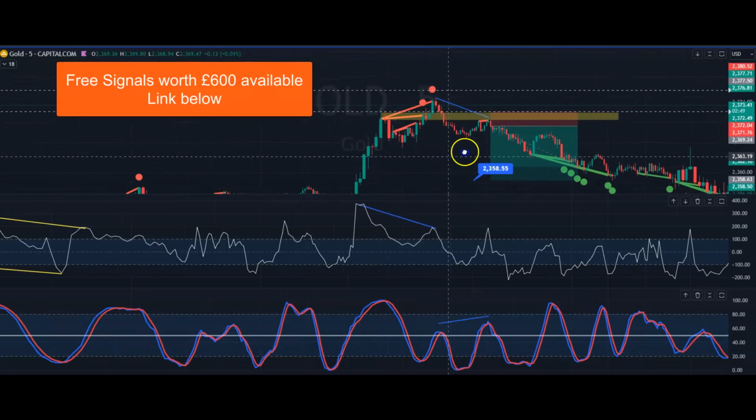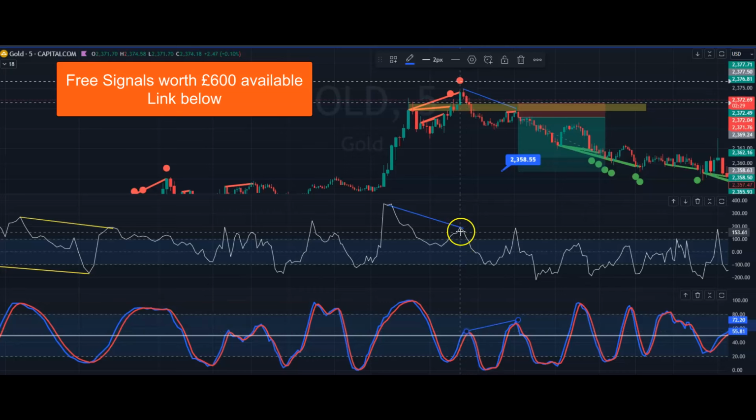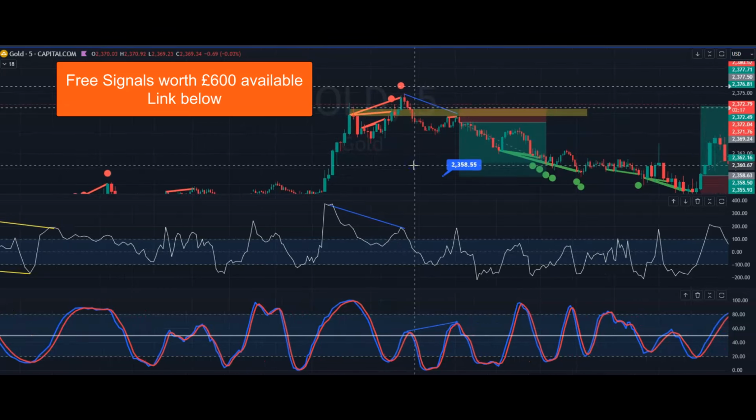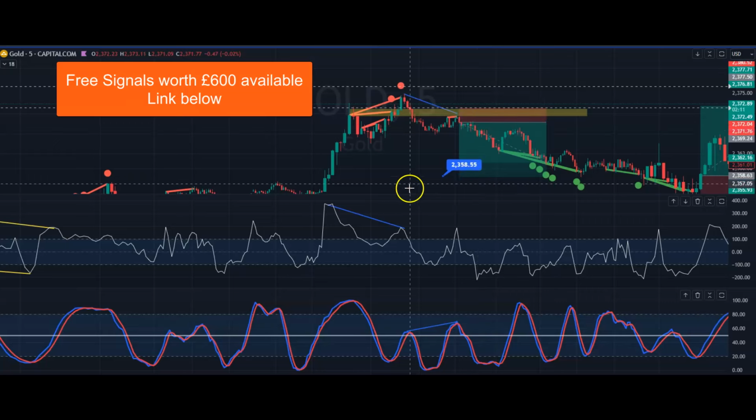So the price is achieving lower highs. We know that. We can see that. We've already got negative divergence. We can see that as well. And also on the RSI, stochastic, we can see this is achieving higher highs. So the CCI doesn't always pick up on higher highs. It's pretty much level there, isn't it? It's not so obvious. But if you see one of these indicators showing higher highs at this point, then you know that you can go into this price quite nicely with a 28 pip stop there and 107 pips or whatever it was target. So again,